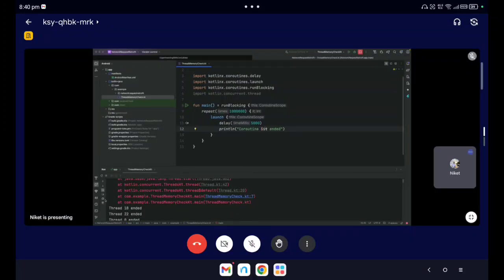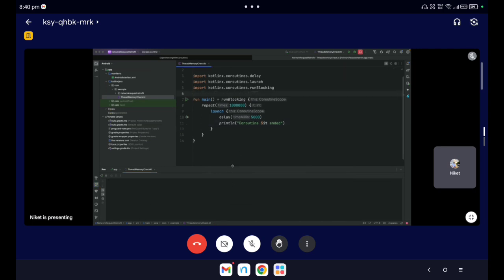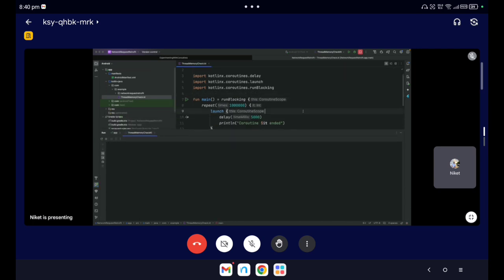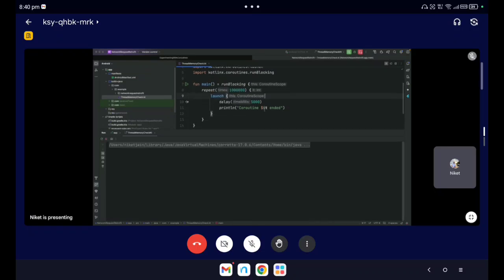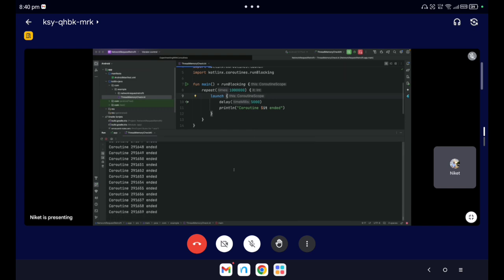Let's try to execute this. You can see 1 million coroutines got started and ended in just a couple of seconds without crashing the